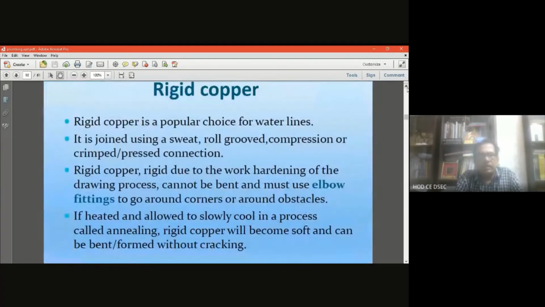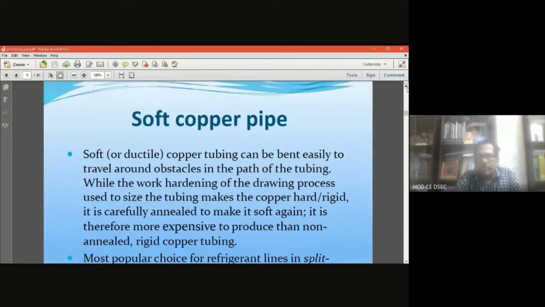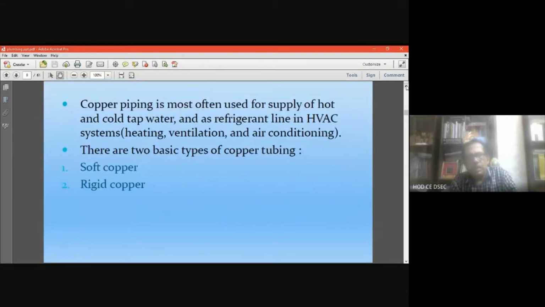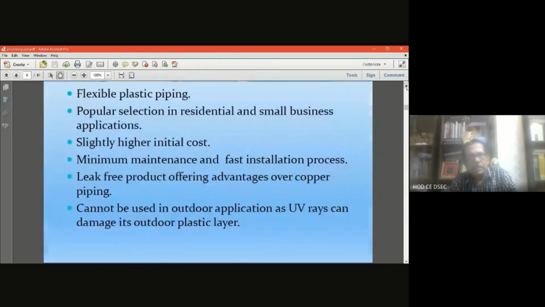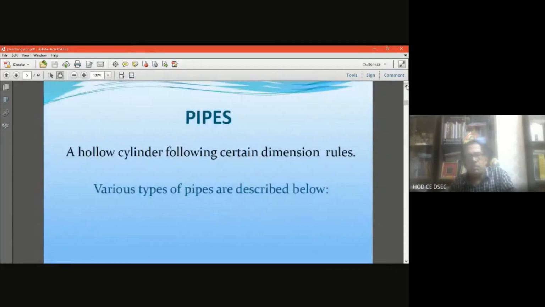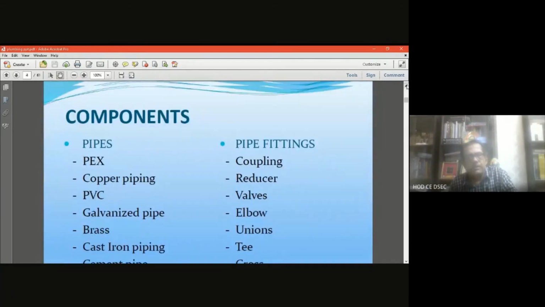So in conclusion of this lecture, I must again say that the importance of plumbing in day-to-day life and in your environmental engineering is very, very important. In this conclusion part, I am just touching on the importance of the plumbing part. Why plumbing? Because you must know it as a civil engineer.